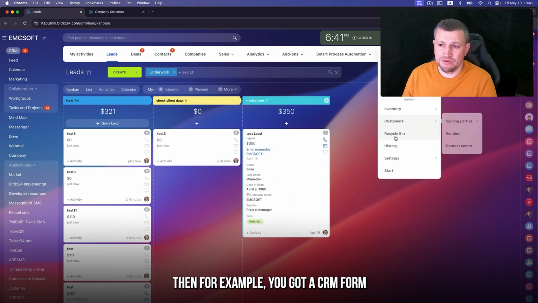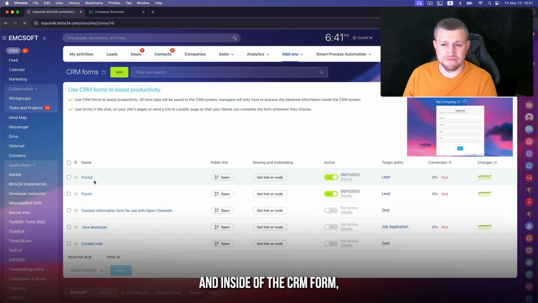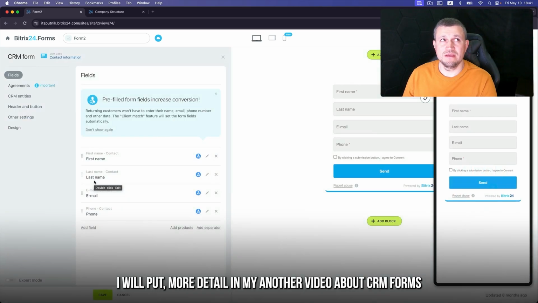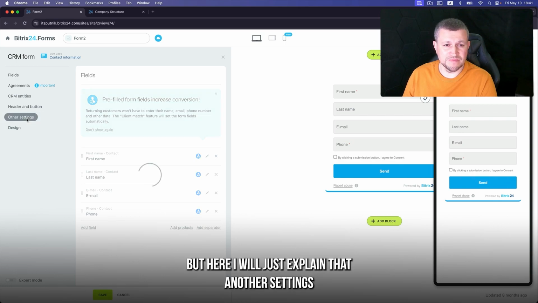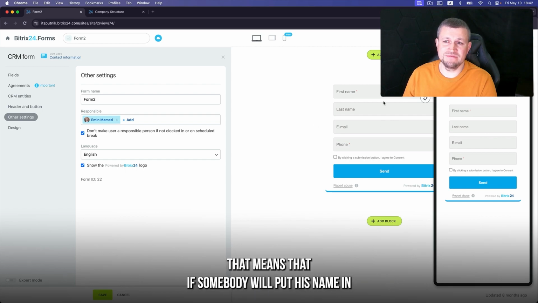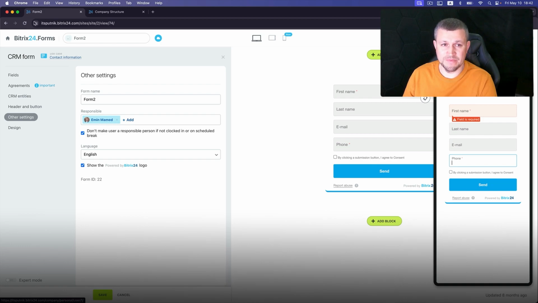Then, for example, you go to CRM Form and the settings. I will put more detail in my next video about CRM Forms, but here I will just explain that in our settings you can assign a responsible person for the form. That means that if somebody puts in his name and surname, email and phone number, a new lead will be created